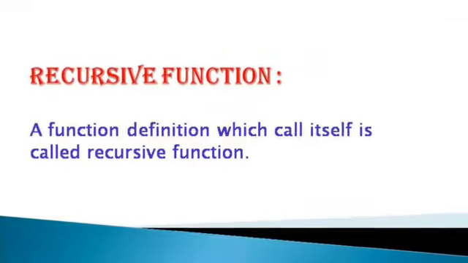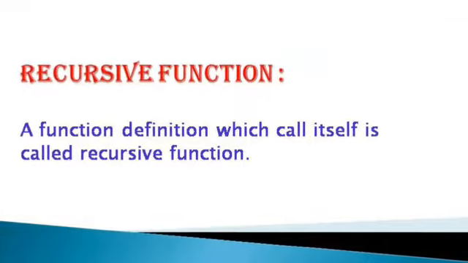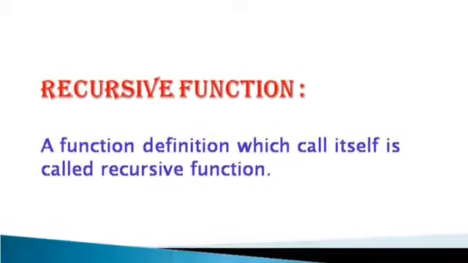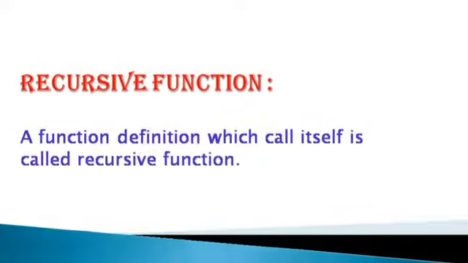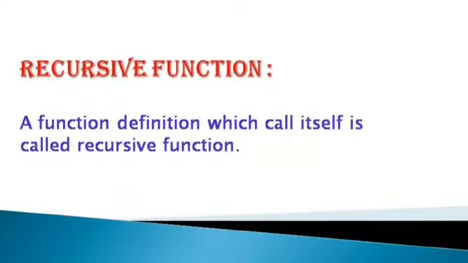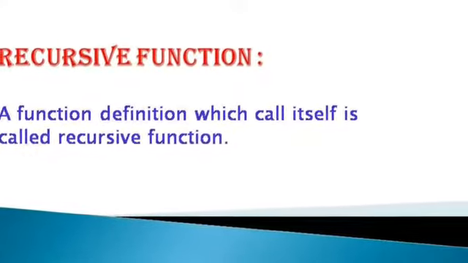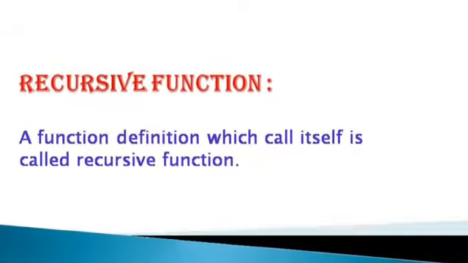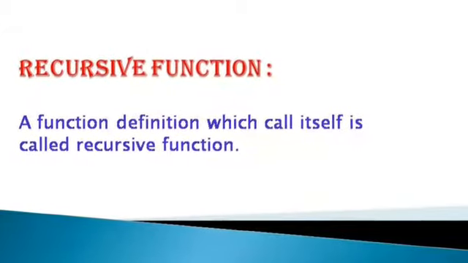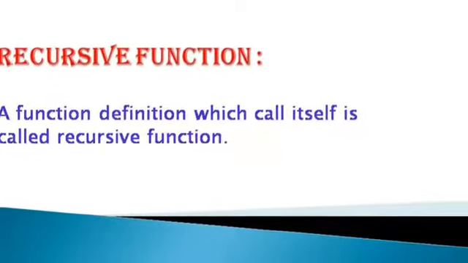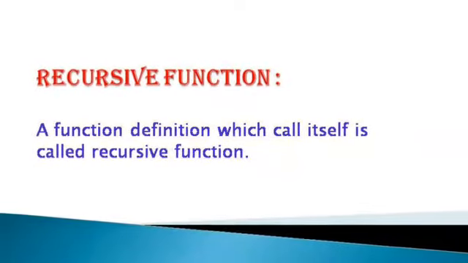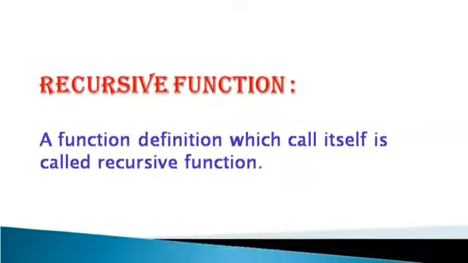Now we will see what is a recursive function. When a function calls itself, it is called recursion. Recursion works like a loop, but sometimes it makes more sense to use recursion than a loop. A recursive function is called by some external code. If the base condition is met, then the program gives a meaningful output. Otherwise, the function does some required processing and calls itself to continue recursion.